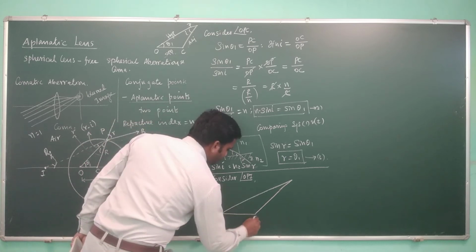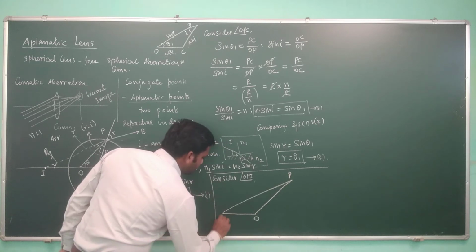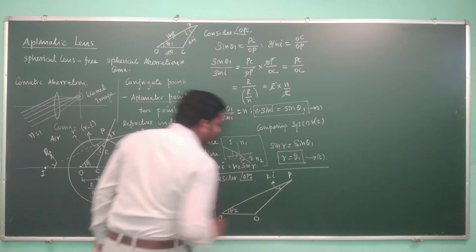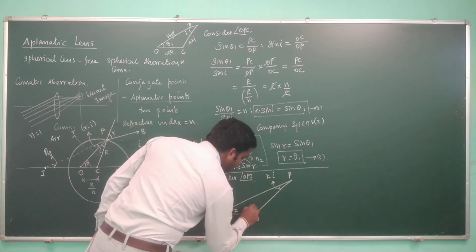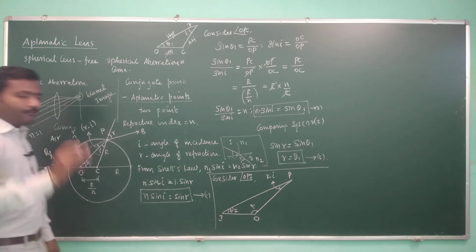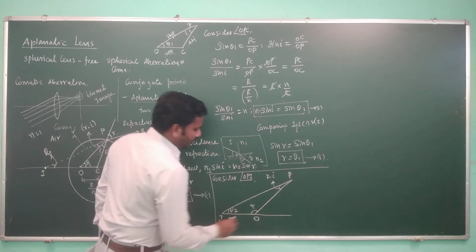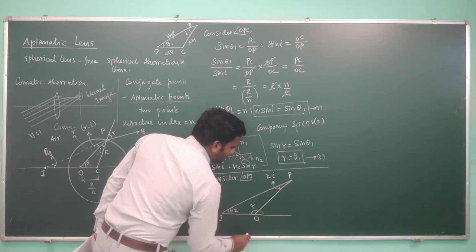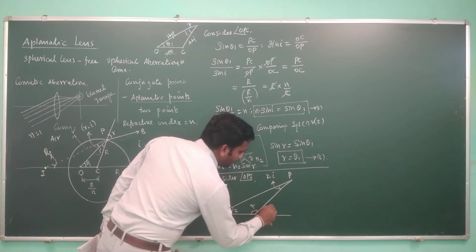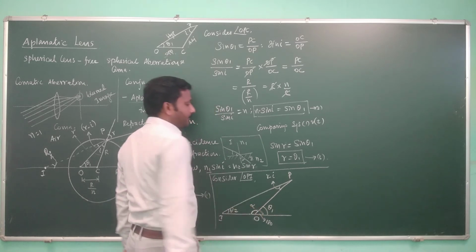Okay. This is O and this is P and this is I. This is angle theta 2. Here it is r minus i. Let this angle be alpha. Earlier it was not defined. For the purpose of the mathematics, let's take that angle. And now this entire angle will be 180, and this angle is theta 1, and we let this angle be alpha.